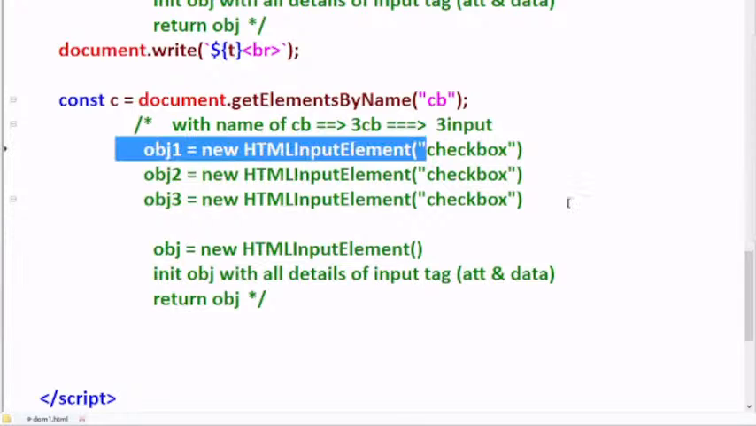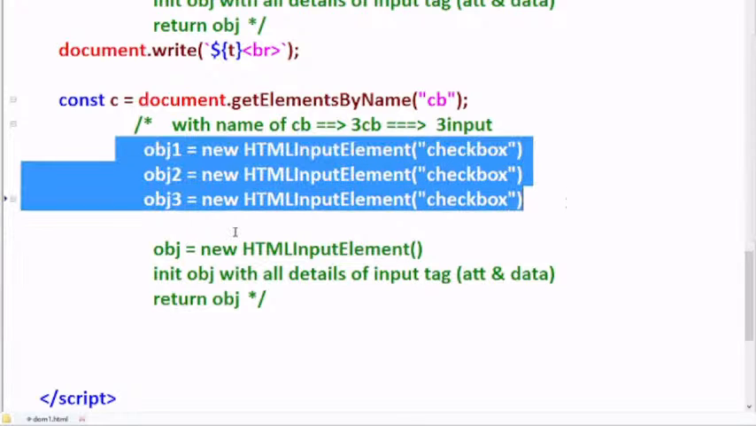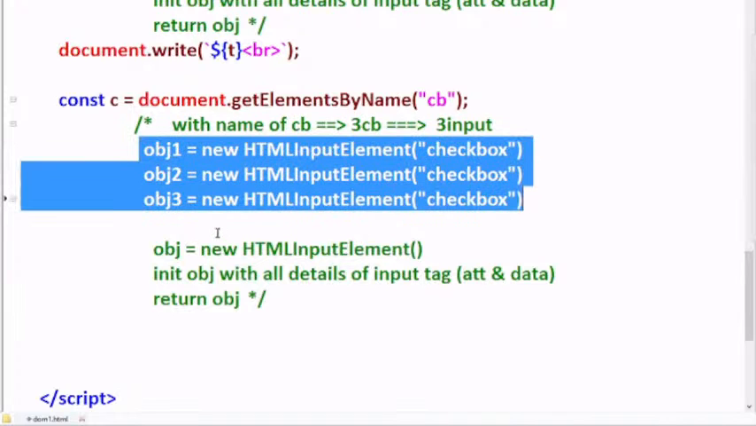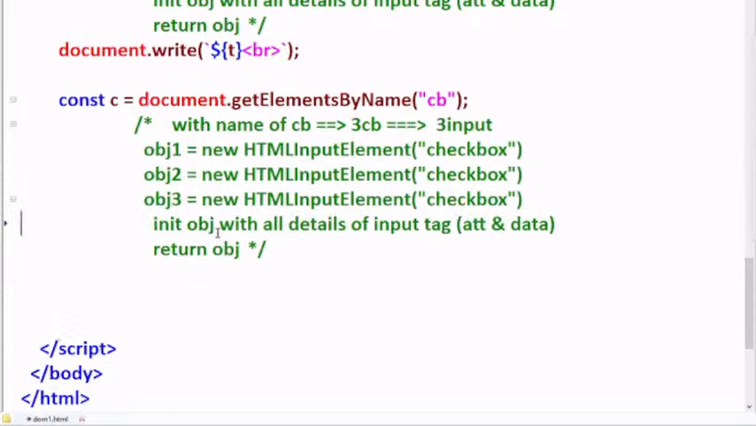So 3 checkboxes, 3 objects created internally. Object names, I don't know, because of the predefined logic. We are just assuming obj1, obj2, obj3. But 3 objects are created here. Next what happens? These 3 objects are initialized